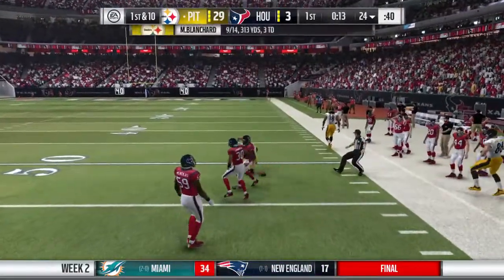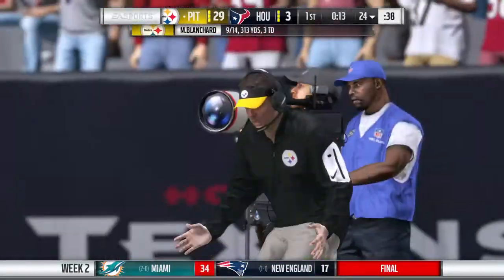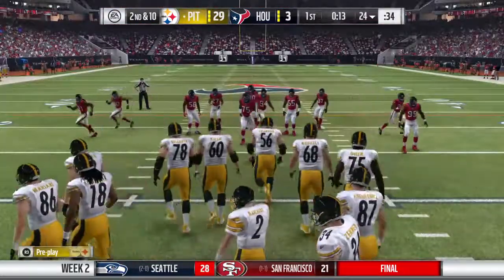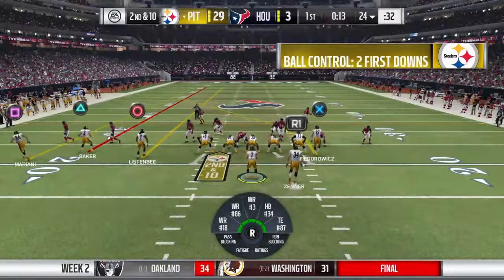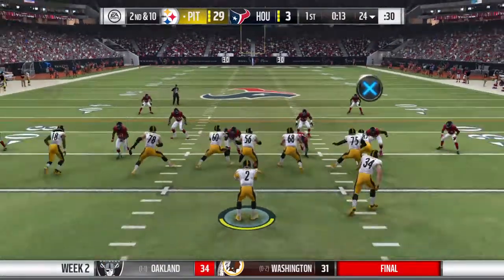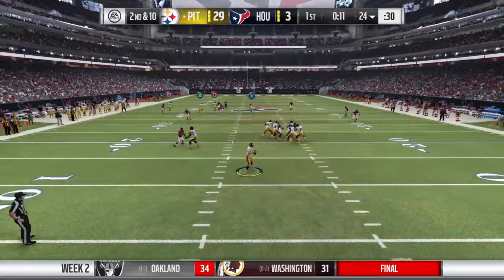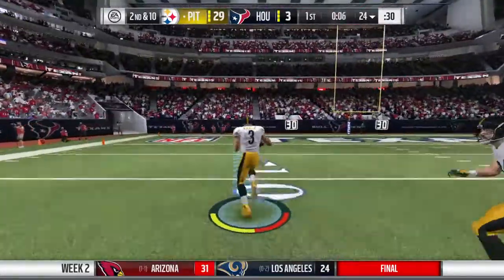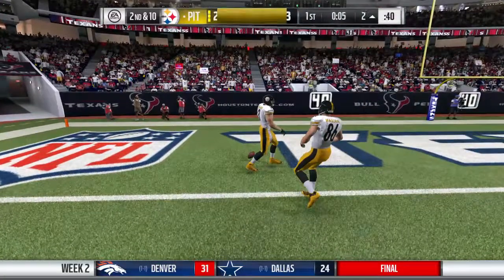His throw incomplete. So incomplete on first. Let's see what 2nd down has in store. 4 down. Blanchard. He's going to rifle one deep left side. That's caught at the 25. And it...